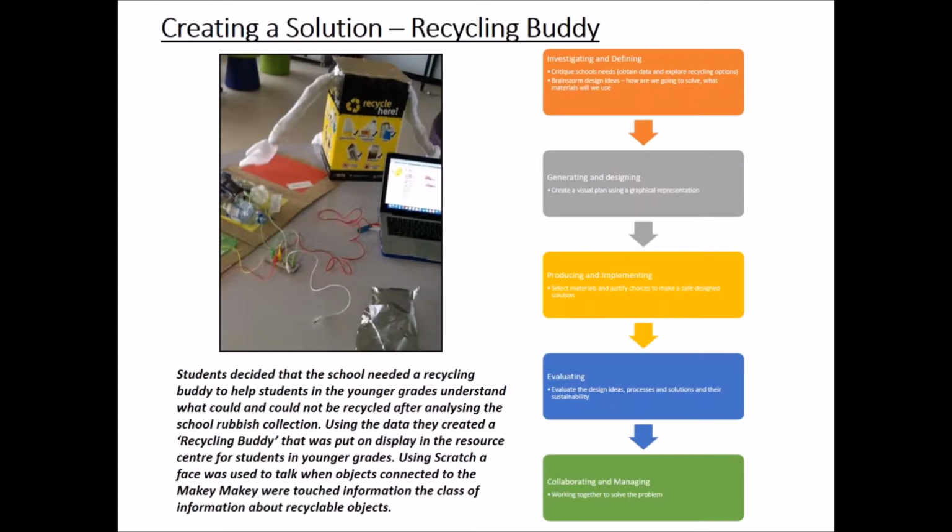So you can see there that the board that they've created has a whole lot of different materials that could possibly be thrown into the bin. When those materials are touched, it activates the face on the screen and it starts talking about what could and couldn't be recycled. So going back to the Australian curriculum and how that fits in, so in that investigating